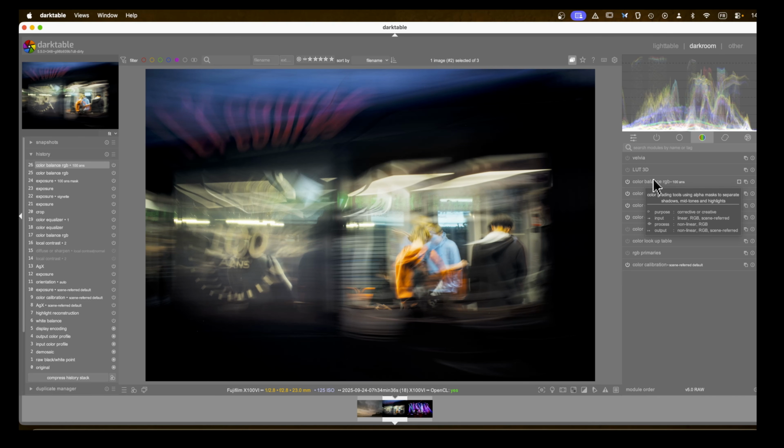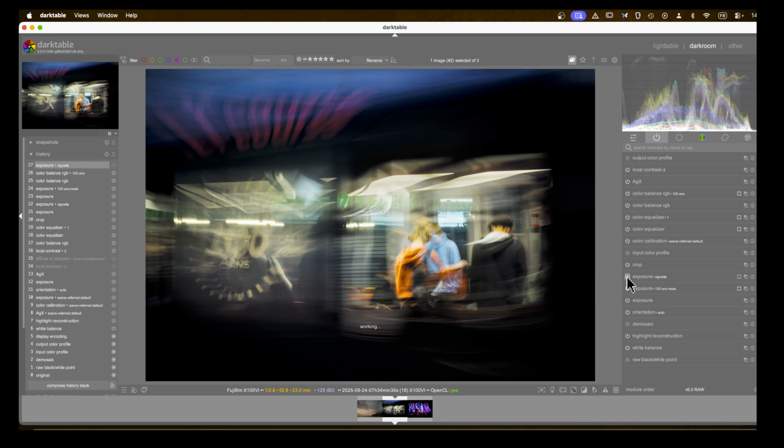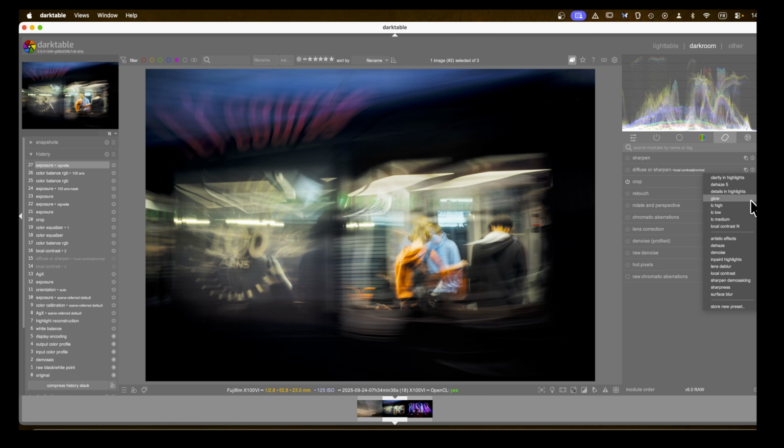All right. Well, the last task, something I do quite a lot after the vignette. Yes, I've done that. Sorry, I forgot about that already. Vignette done is diffuse and sharpen. On ICM, I think it works really well. I'm going to just go to presets. I'm going to go to